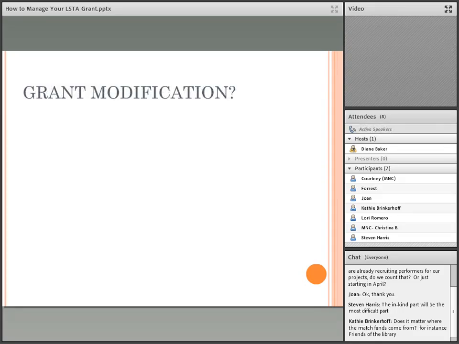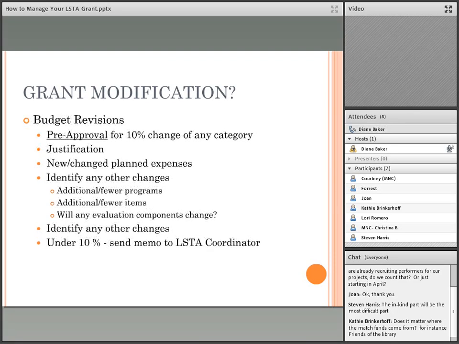Modify a grant, and can you do it, and what can you do? Well, there are some options to modify grants, and we do try to be reasonable because we know things change. Things happen when you're working on a grant. Sometimes